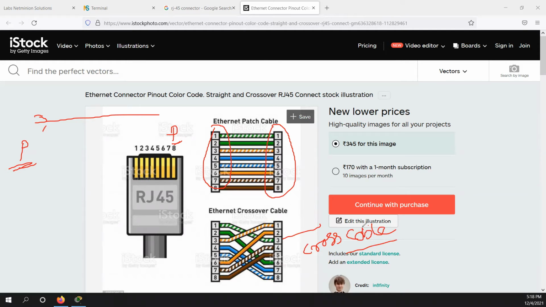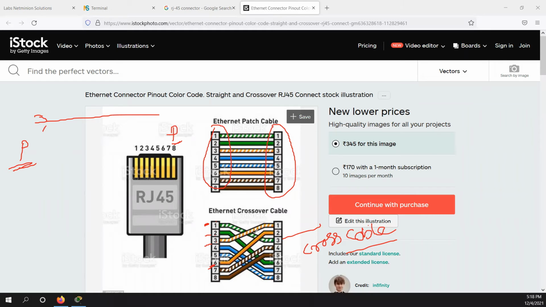So you need to remember this coding, because basically what happens is pins 1, 2, 3, and 6, these are the 4 pins used, the rest remain unused.